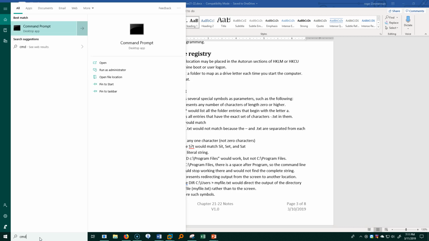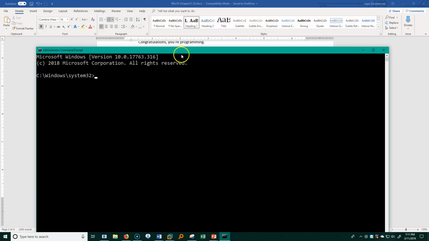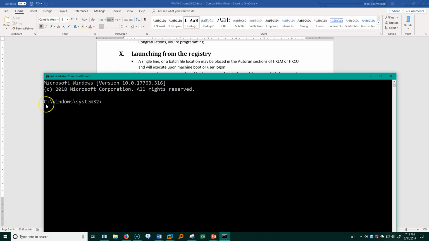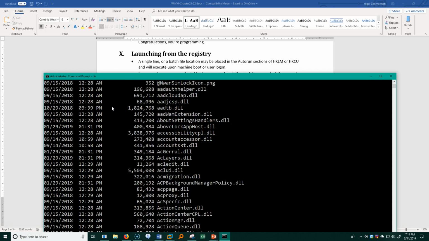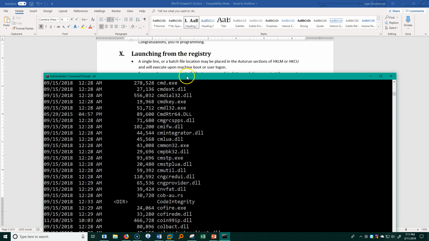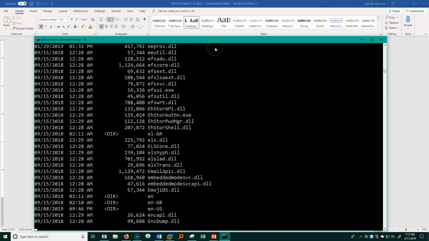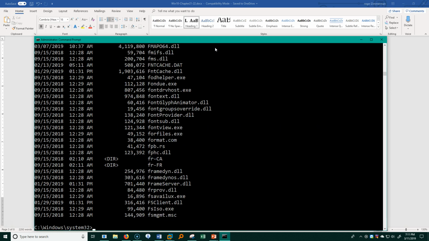So I'm just going to go ahead and open a command prompt. Now, I always run it as an administrator so that I can be sure that anything I type in here works. Notice, as an administrator, I'm in C Windows System 32. Let's just type dir for directory, and let's see what we get. Oh my, we got a huge set of files here. It just keeps going on and on. I'm going to go ahead and click Control-C in order to stop that.